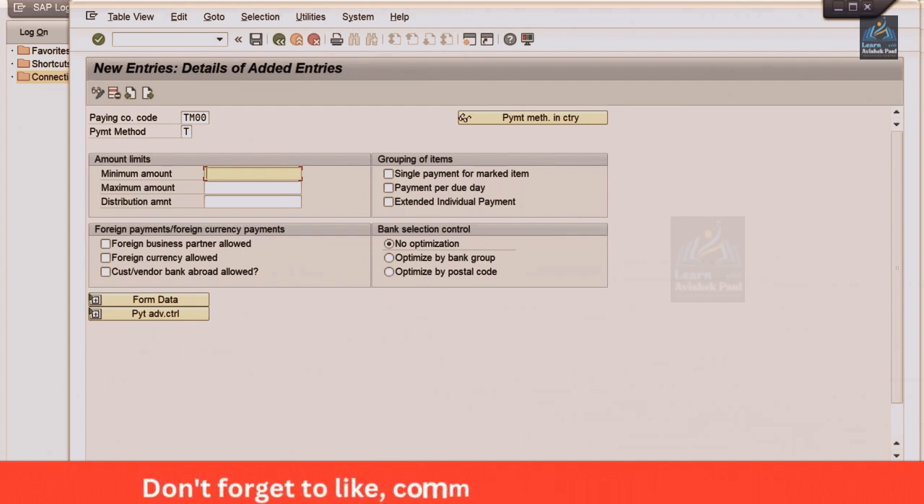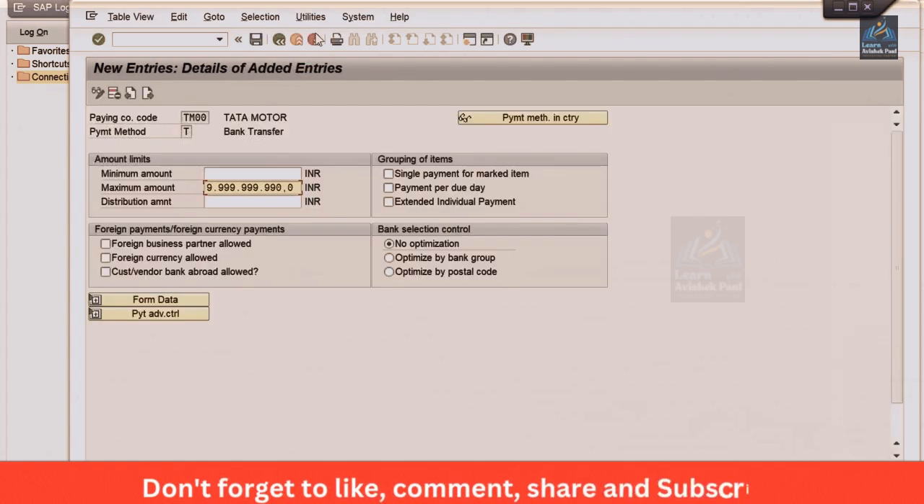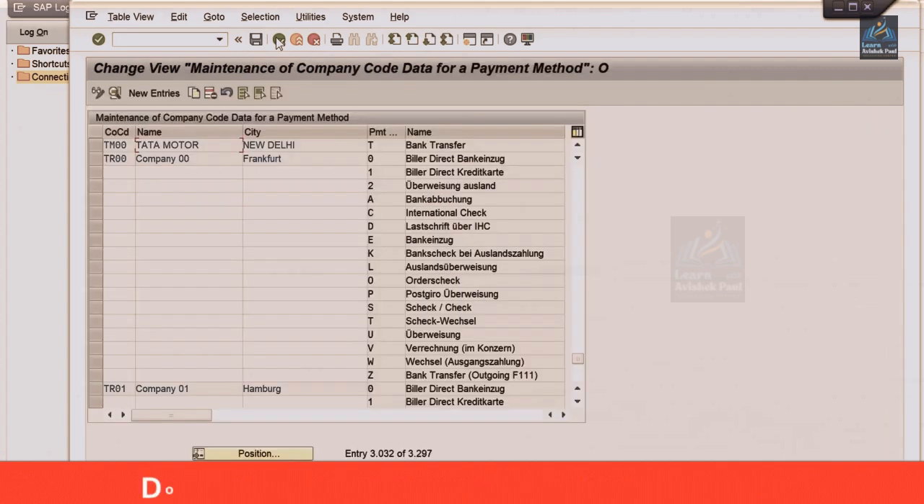And here minimum and maximum amount can be specified. With this payment method, what is the minimum amount that can be posted? With the help of this payment method, what is the maximum amount that can be posted? So I'm going to give the maximum. This is the maximum I'm going to give. I just save it, Control S. Now, what next? If you click on the back button,